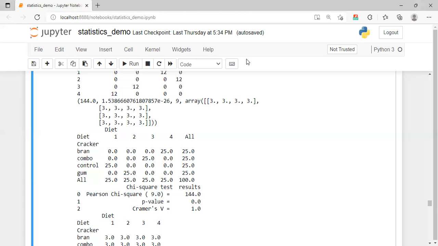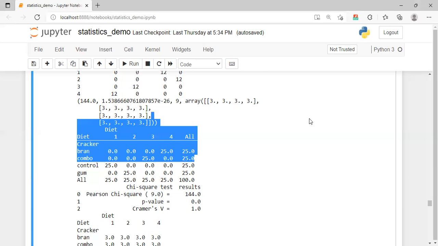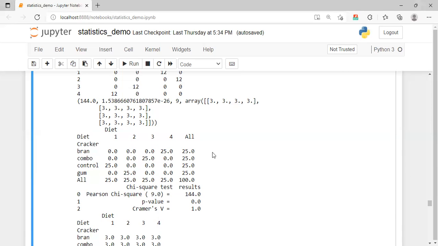Okay, so just look at the value. This is your chi-square statistic, and this is your p value. Cramer's V is a